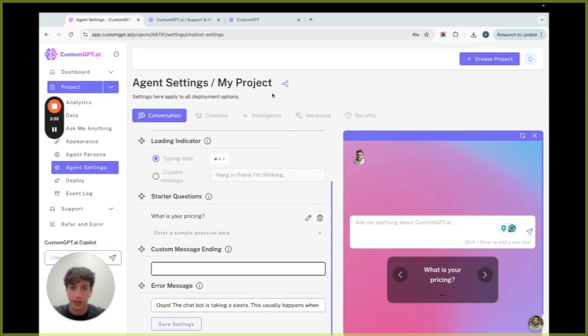Custom message ending is also a really good way to add in just some extra upside with your AI agent. Sometimes it gives responses, and that's cool, maybe answers someone's question, but you may have a specific CTA that you actually want to promote, and in this case, it's a free trial. For others, it might be to book a call, contact support, fill out a form, whatever it might be. So I'm going to click Save Settings here, and now I'm going to go back and check